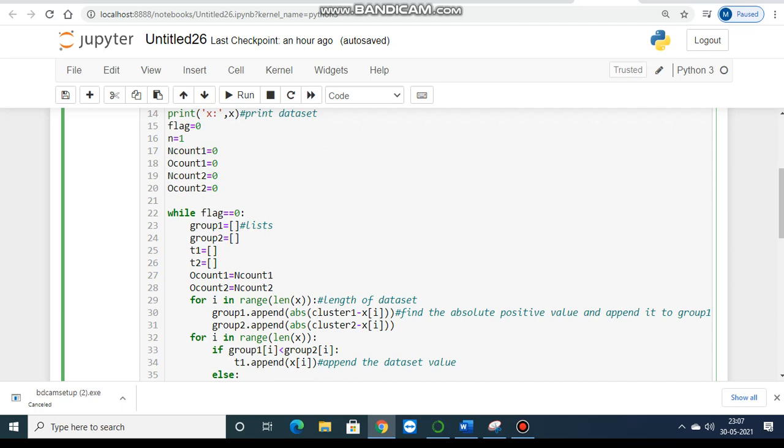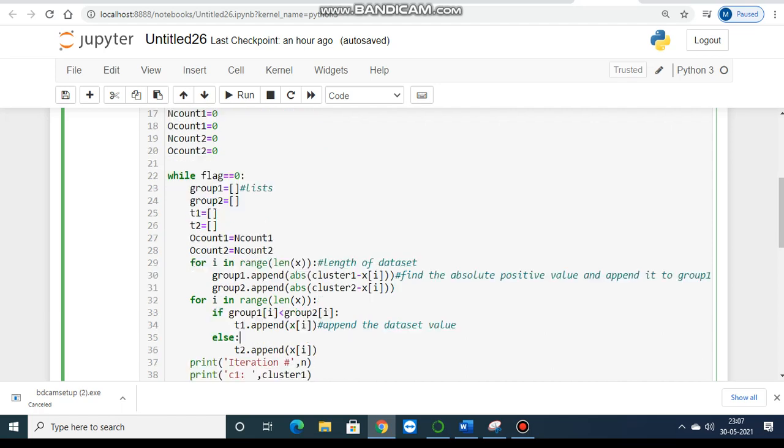In line number 30 we will find the absolute positive value and append it to the group 1 list, and in line number 31 we will find the absolute positive value and append it to the group 2 list.